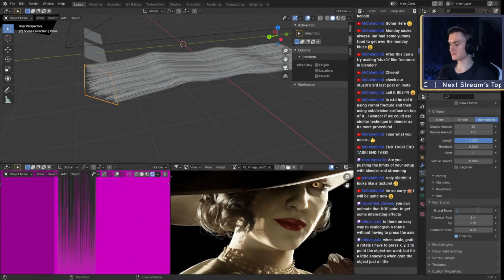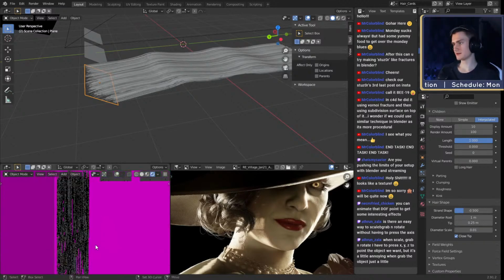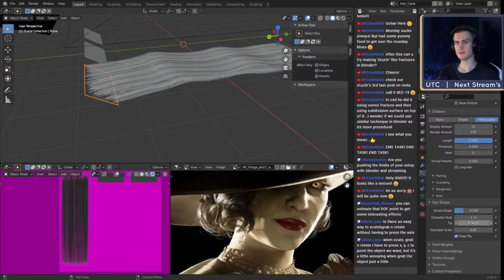If I put that to negative 0.5, you can see it's just a little bit thicker even up to the end. We then can change, for example, the tip size, maybe to something like 0.25. This looks quite good. We have a little bit of a gradient of thickness, but it still looks quite good. Maybe we can put it to 0.3. 0.3 should be enough. Okay.